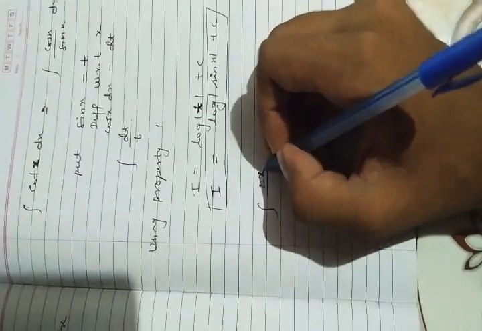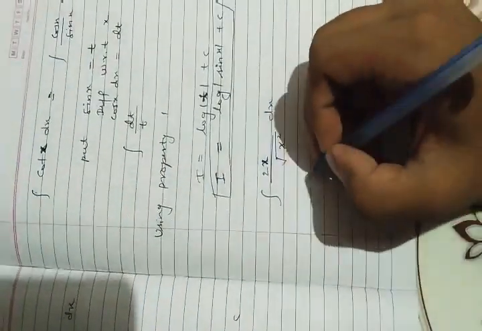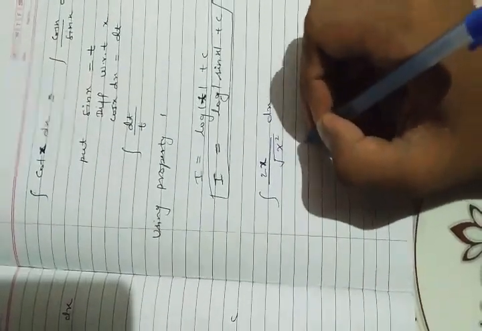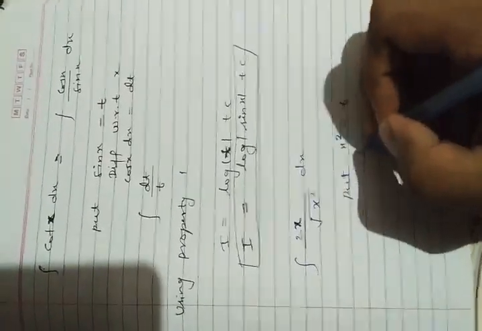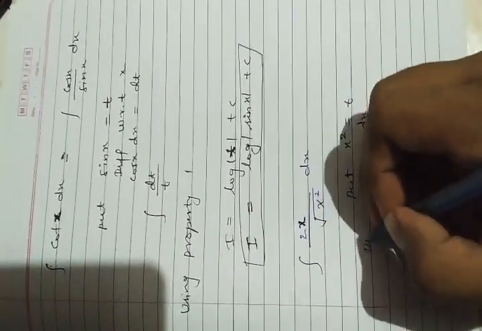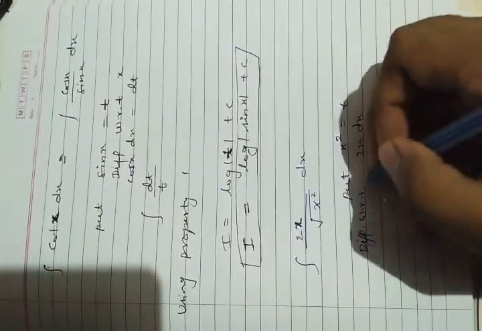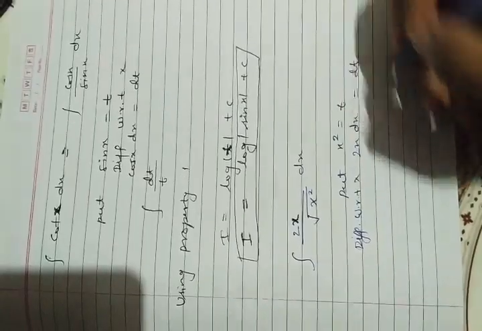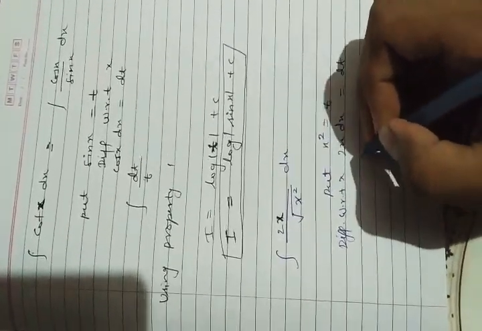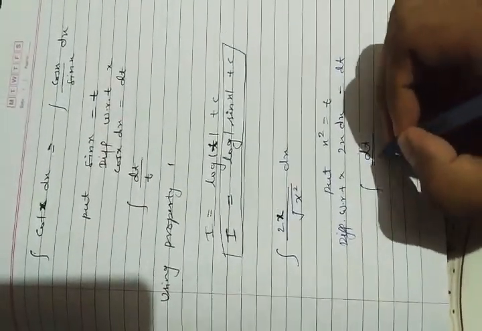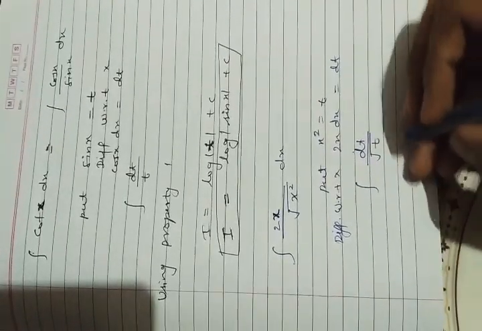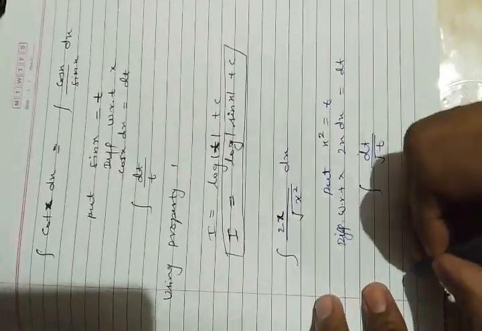So I have taken an example for property number 2. Again the same procedure. You know what the derivative of x square is. It is present in the numerator, so I will put x square equal to t. Differentiating with respect to x, the same procedure again, you will get dt in place of 2x dx, and in the denominator you will get root t. And you know, using property 2,